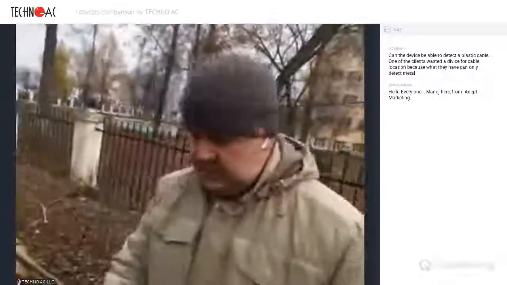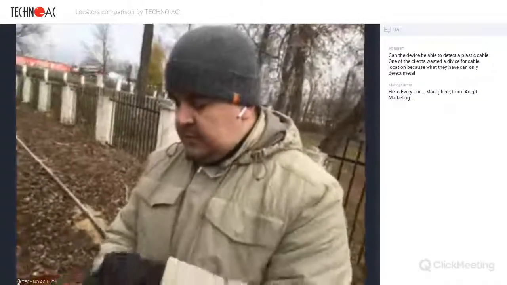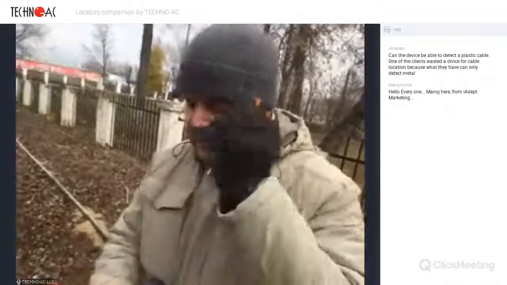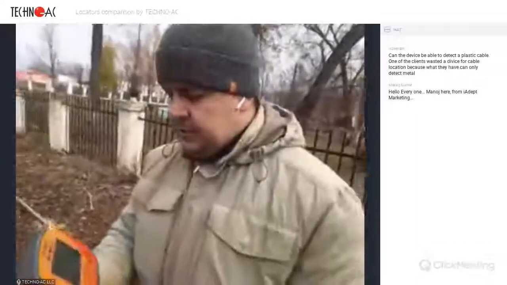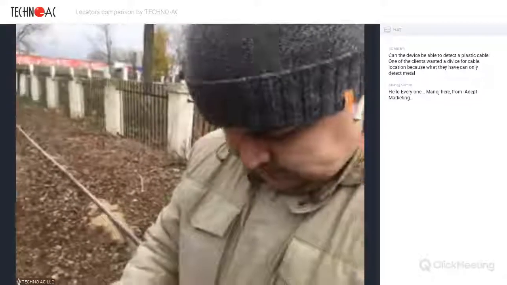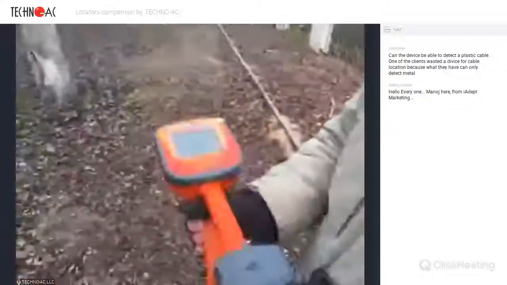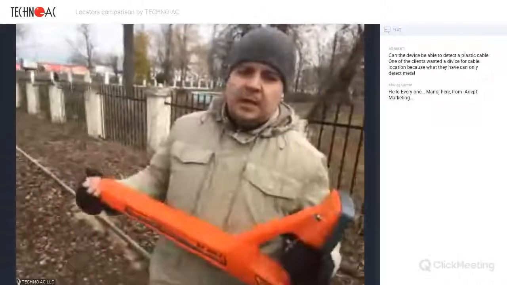Why do you need this for? In some cases, graph mode allows you to tell where the cable is more precisely. So sometimes it's more accurate to use the graph mode. And the main thing I'm trying to explain here is that all the receivers produced by TECHNO-AC are